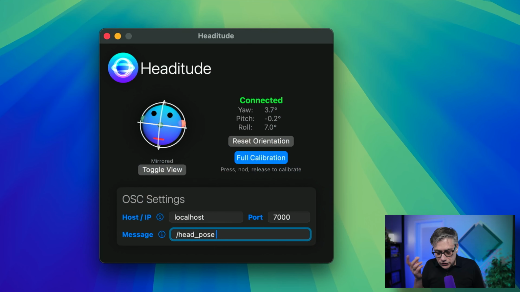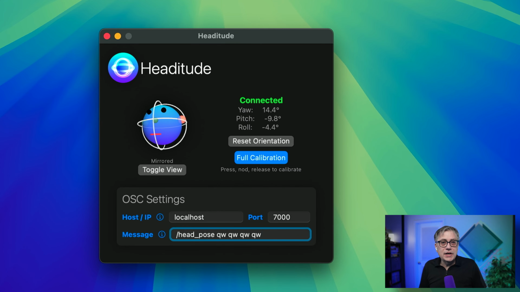And the best way to do that is simply using the Quaternion. Why Quaternions? Because in the Headitude application, Quaternions are extracted from the head tracking of the AirPods natively, and yaw, pitch, and roll actually have to be recalculated. So if we are using yaw for the first 4 parameters, for example, 4 times yaw, it will actually calculate it 4 times, and that is just not necessary. So what I'm going to do is I'm simply going to here use QW, that is the weight of the Quaternion. Once again, Cubase is going to ignore that anyway, and I'm going to do that 4 times.